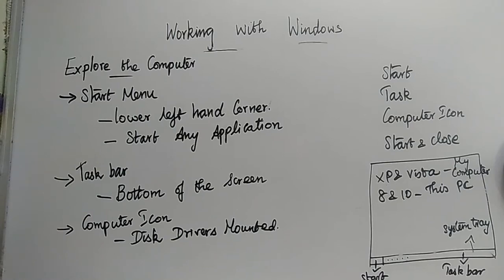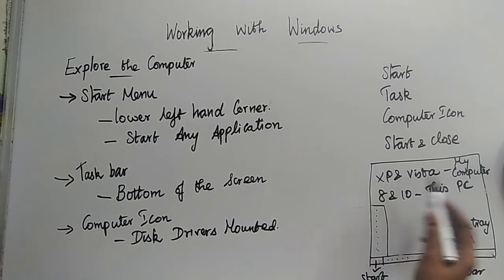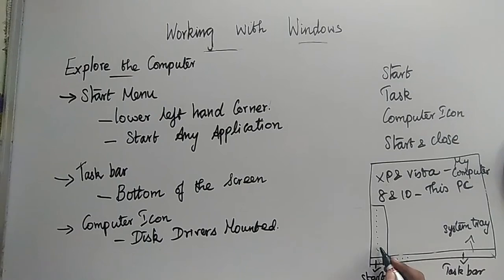Depending upon your system setup, the applications will be available in your start menu. As I already told you, when you click this start button, your menu will be displayed here for you. From here you will have many applications that are installed in your computer. You have to select one, and automatically it will be displayed here for you. These will vary for each and every one based upon the programs you have installed. Clear with this one?